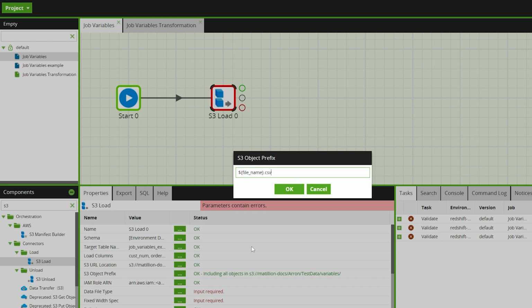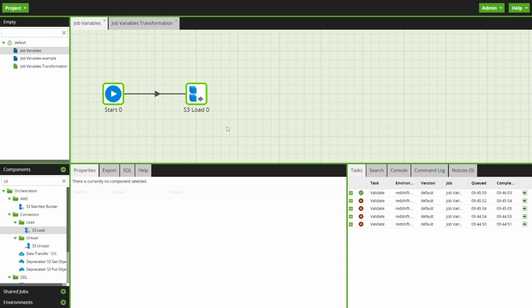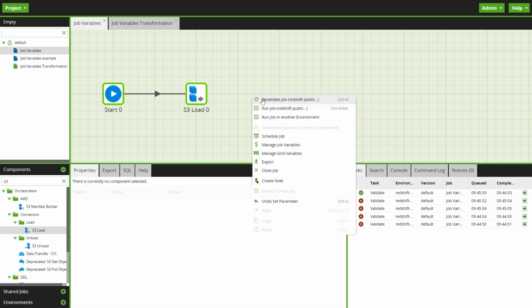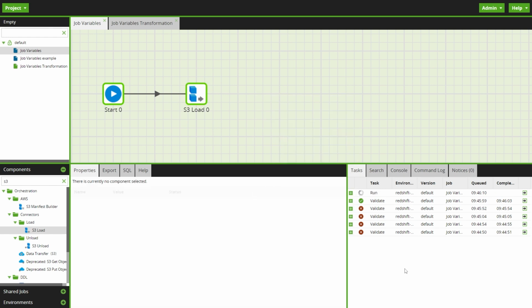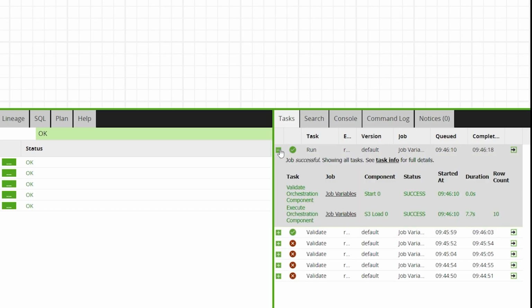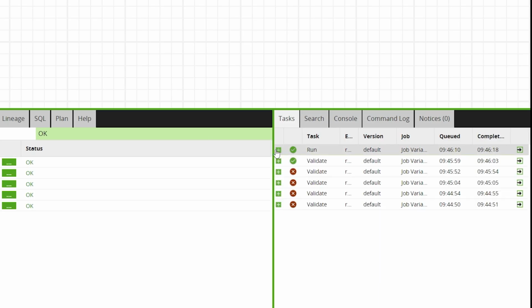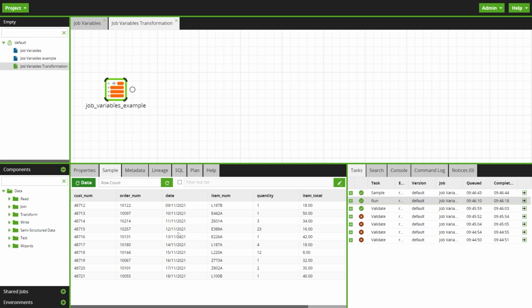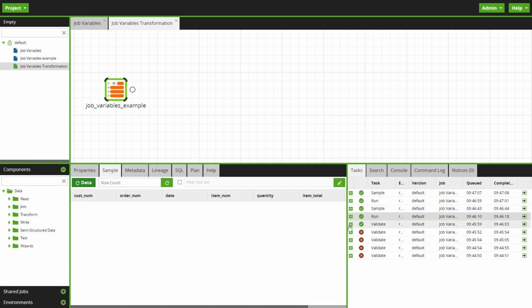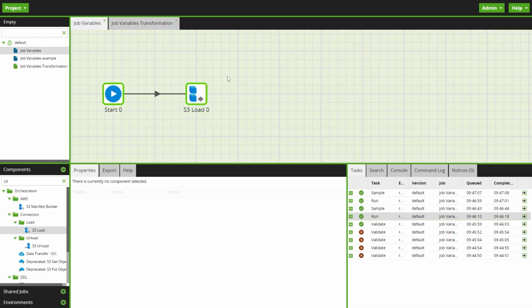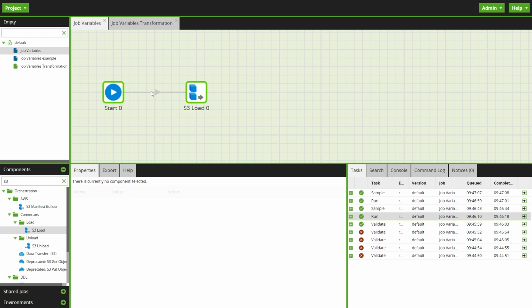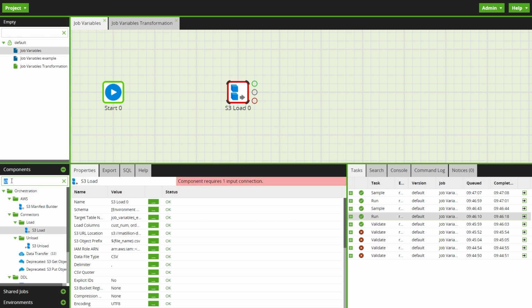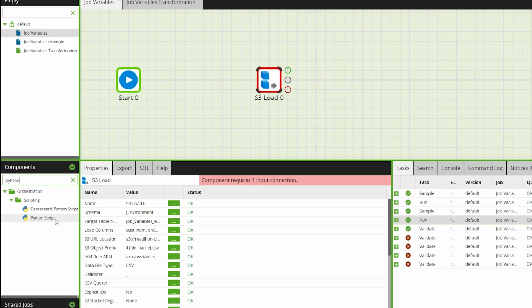For a quick example, we can run this job and we can see the variable has used the value we defined, file1, and loaded our file of 10 rows. The real power of a variable is that the value can be updated. Now we'll use a Python script to change the value of one of our variables. Then we'll use an iterator component so that we can load multiple files. Python scripts can push new values into variables using the built-in context object.